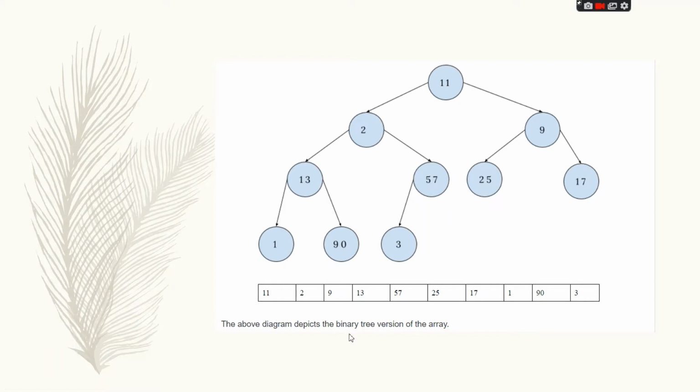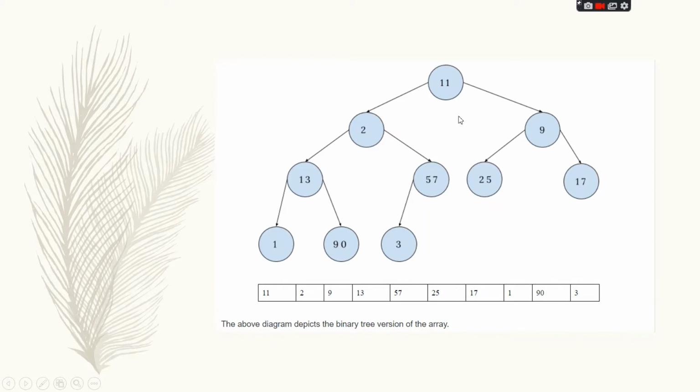You can see the elements starting from the 0th index: 0, 1, 2, 3, 4, 5, 6, 7, 8, 9, and they have been classified in the form of a tree. 11 is the root node, then the left node 2, then the right node 9, then 13, followed by 57, 25, 17, 1, 90.